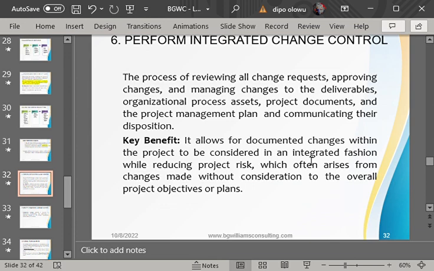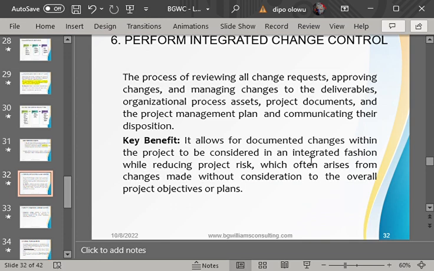As a project manager, take note, you must create a change management plan, which means you are going to ask yourself: if, for instance, we need to carry out a change in this project, what process should we follow? Who should we report the change to?